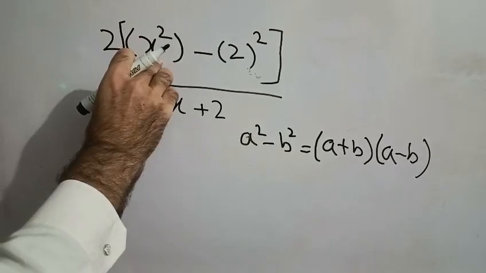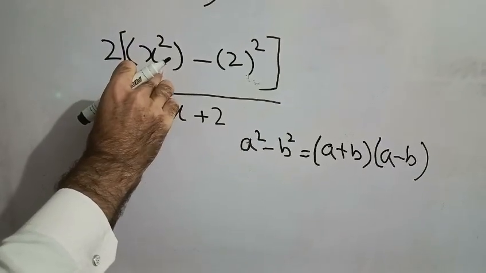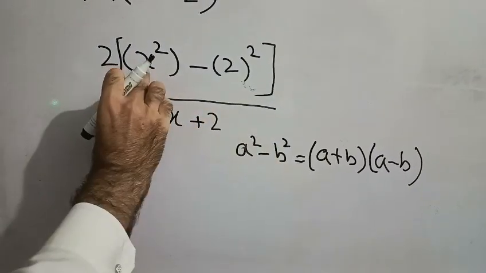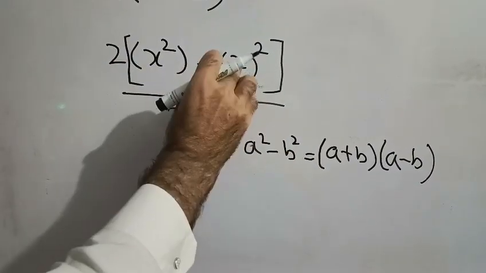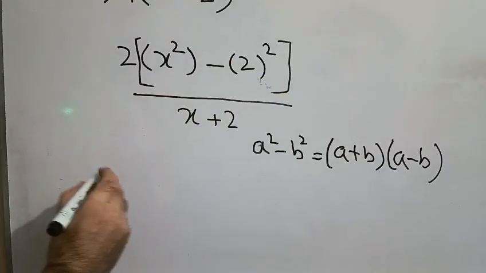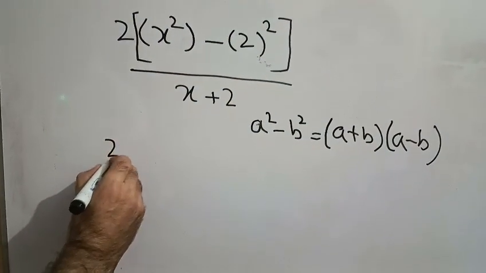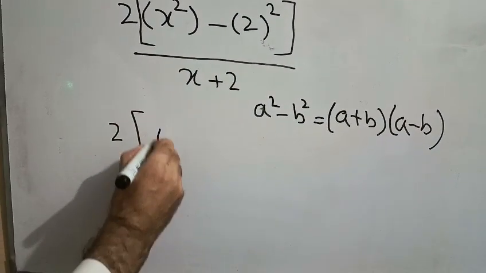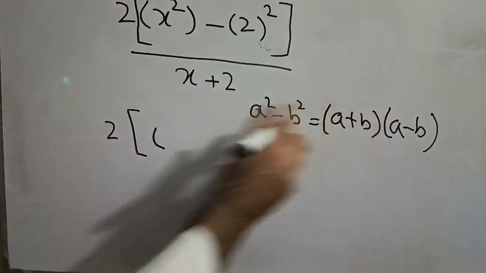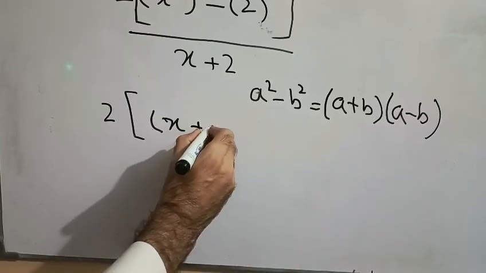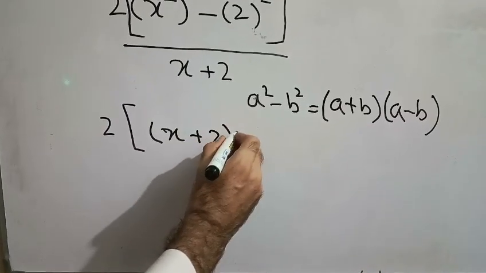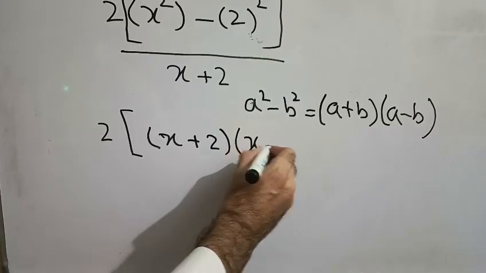Now this question is in the form of this a square minus b square. So here a is equal to x and b is equal to 2. So we can write this as 2 into (a plus b), so (x plus 2) into (x minus 2)